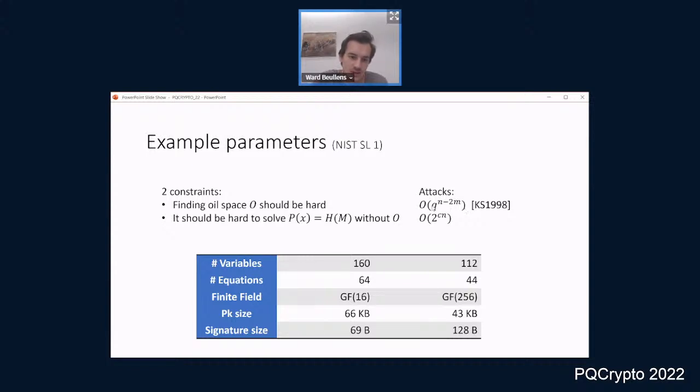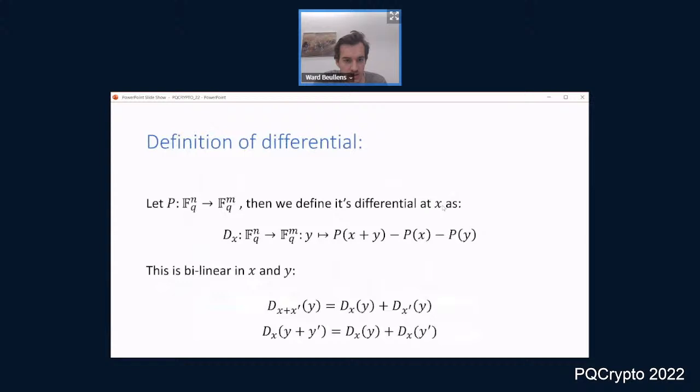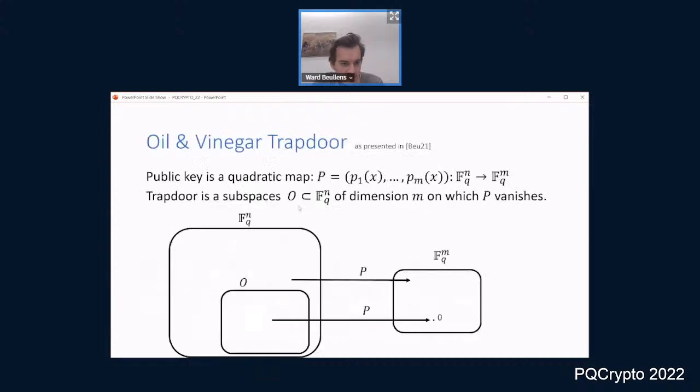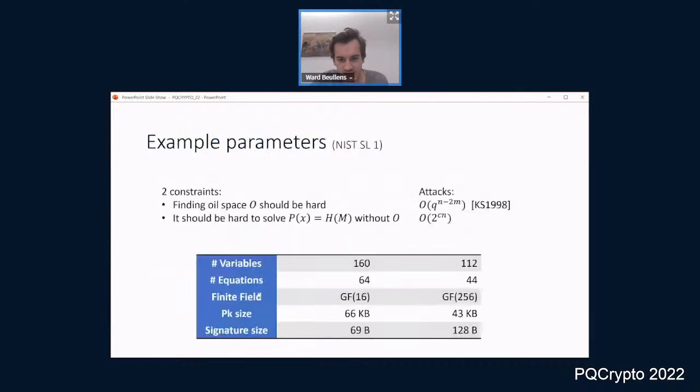The first thing, that key recovery should be hard, means that n, which is the number of variables, should be much bigger than m. Right? Go back here. So n is the dimension of your input space, and m is the dimension of O. Intuitively, it makes sense that n should be big enough to hide O. If you're hiding a needle in a haystack, then you want your haystack to be much bigger than the needle. Otherwise, it's going to be easy to find the needle. So that's the intuition.